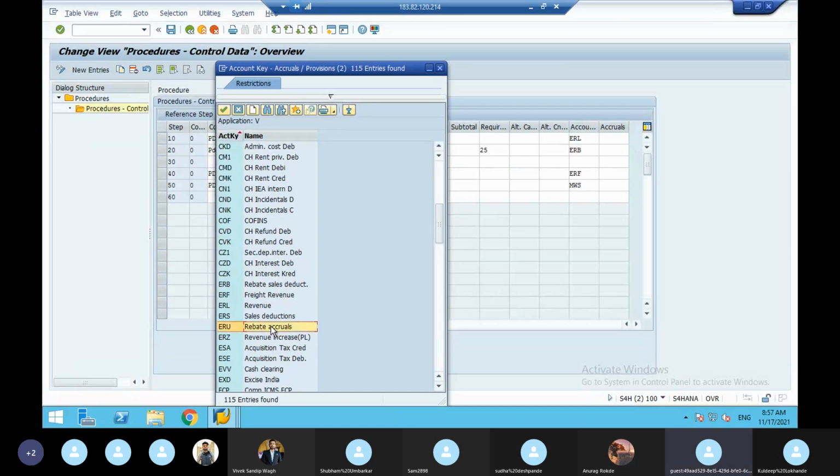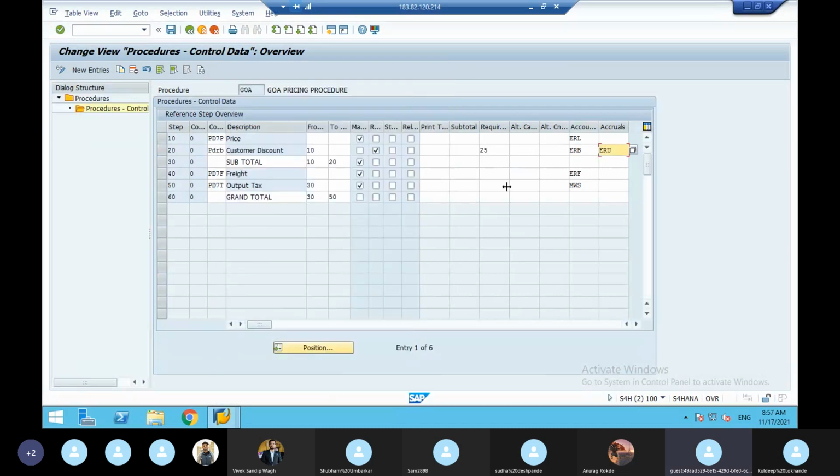ERU means accruals. One is how much 2% rebate discount we are giving for each car. For each car, 2% rebate means for 500 cars, imagine 25 lakhs. The 25 lakhs will be given back from the company to the customer. That is called expenses reimbursement. For that account key, FI people maintain ERU. One is deducting, another is the deducted amount given back to the customer.